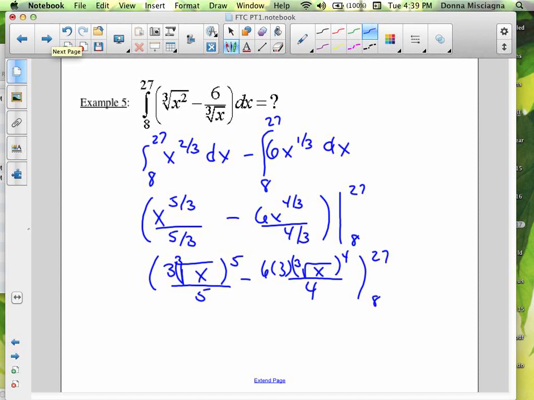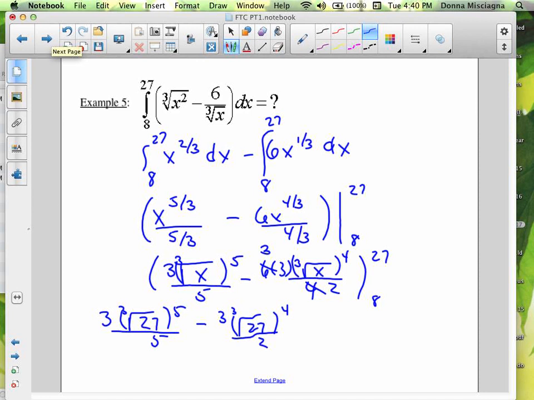All right, so we'll plug in the 27, then we'll plug in the 8. I'll simplify that there. This would cancel out, so this would become a 3, and that would become a 2. So that's going to be 9 halves. So we have 3 times the cube root of 27 raised to the 5th power divided by 5. And then minus 3 times the cube root of 27 to the 4th power